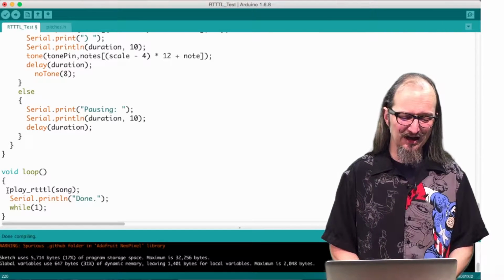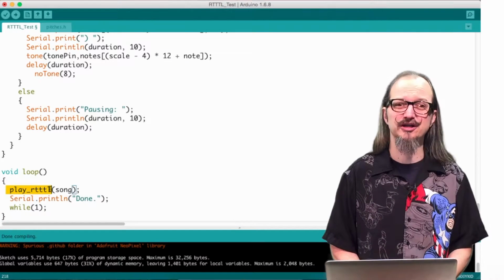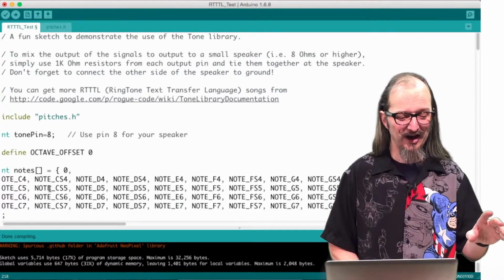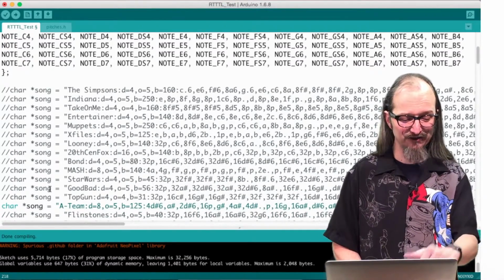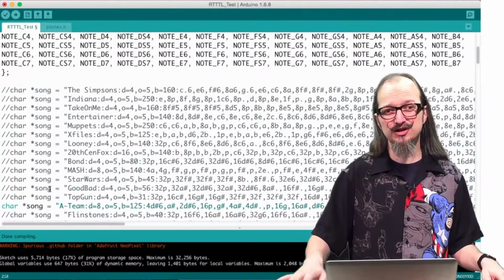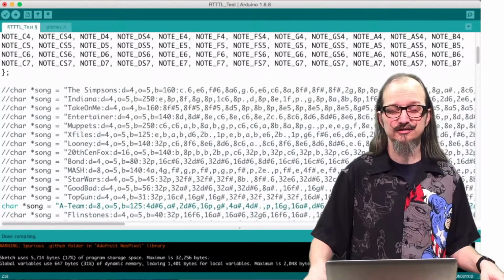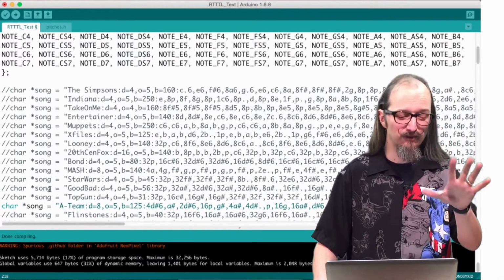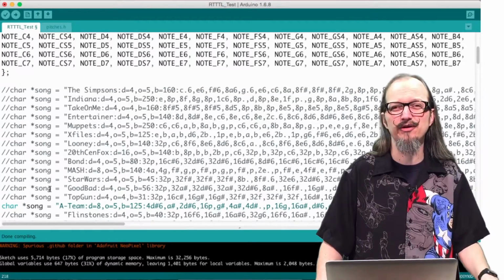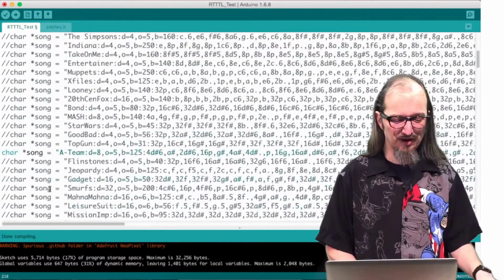So you can actually do other stuff with this. You could, say, have a push button that triggers the song to play. Or I could have multiple push buttons, and I could go up here and have different songs with different names, and then my different push buttons could control those different songs. Now, you may discover that you can't have too many songs. You may run out of memory on the Arduino. I'm not sure, but it's something to be aware of.